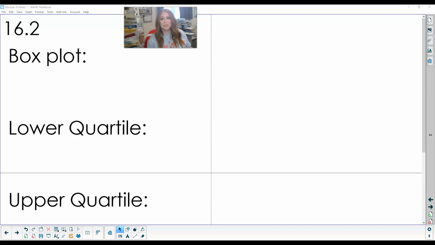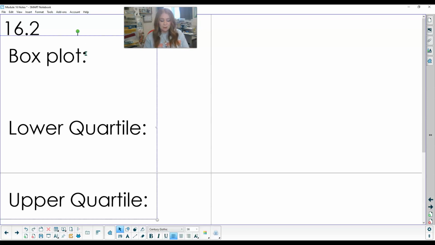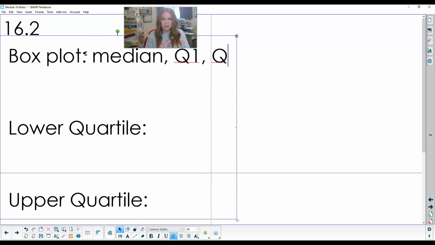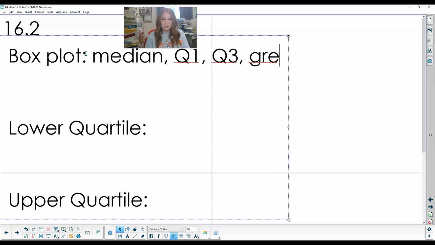For our 16.2 notes, we are going to be taking those dot plots and turning them into box plots. Sometimes you might hear them called box and whisker plots. So they'll have boxes and then little whiskers drawn out to the side. A box plot is going to tell us the median, quartile 1, quartile 3, and the